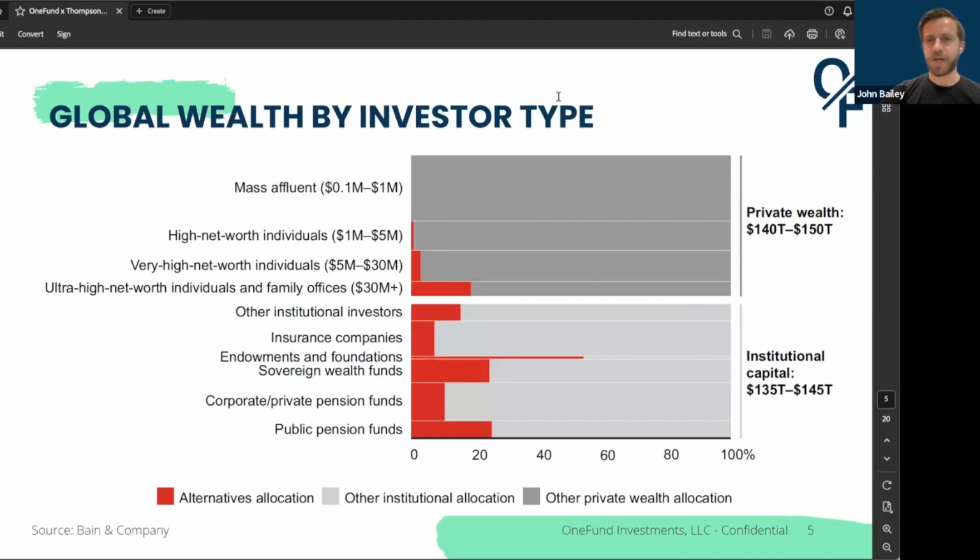Chris, I'm actually really curious, in your world of advising folks, and especially advising folks around alternative investments, I would imagine a lot of the people that you're advising are in the second, third, maybe fourth bucket over here, those $1 million to $30 million net worth people who are thinking about how to get more alternatives. I'm curious how you help them think through what the right allocation is to PE and VC, and what role, if any, liquidity plays in that.